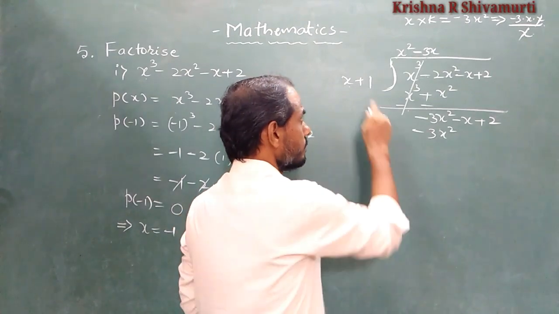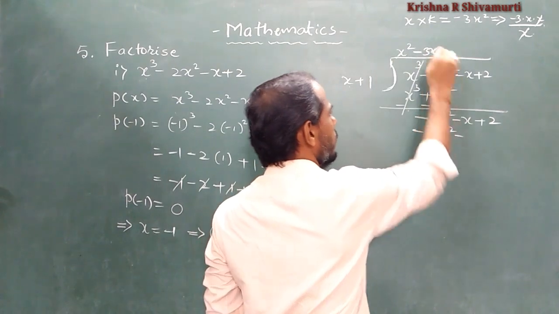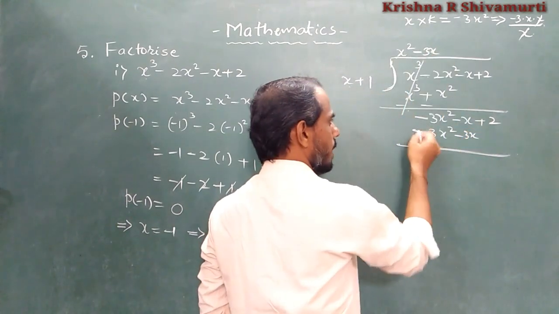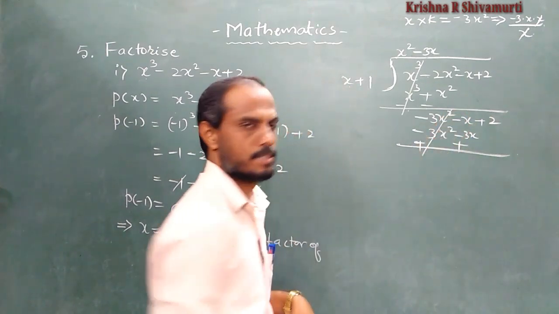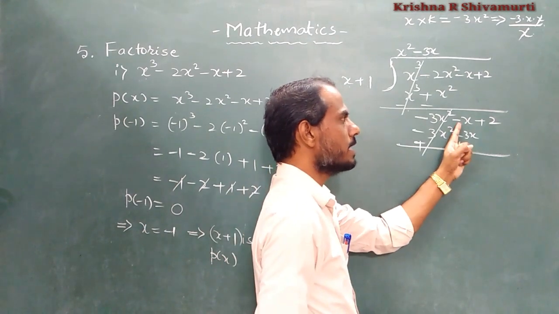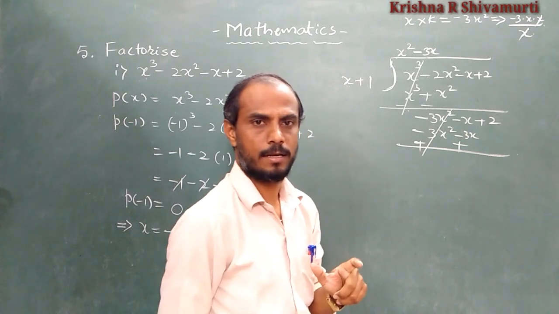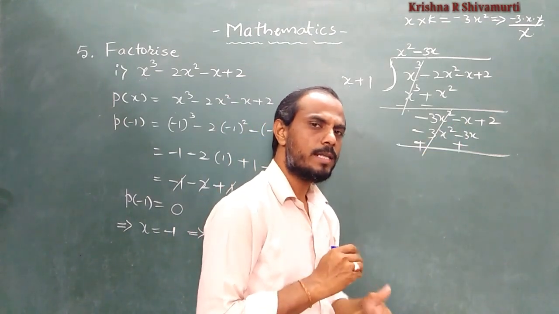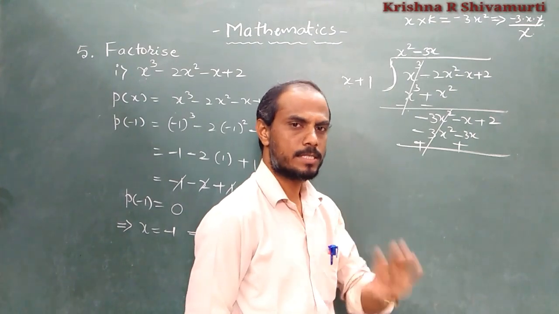Okay, students. Next, plus into minus, 1 into 3x is 3x. Change the sign, minus becomes plus. It gets cancelled. Now plus 3x minus 1x. Now the integers have different signs. Two integers are there with different signs. If the two integers have different signs, what do we have to do? We have to do subtraction.